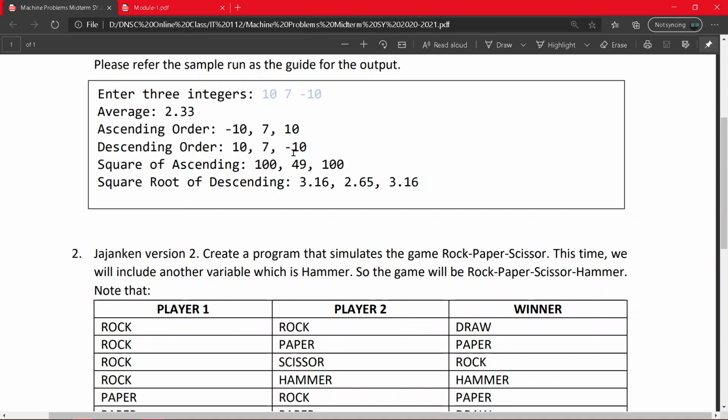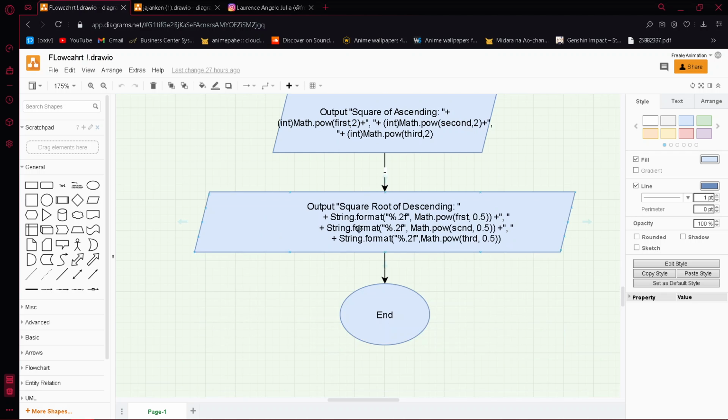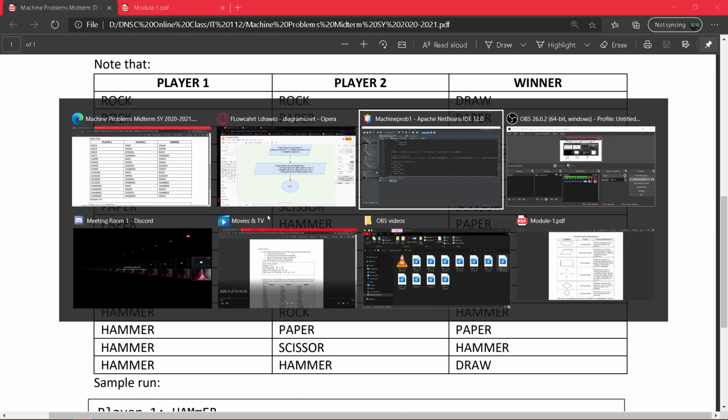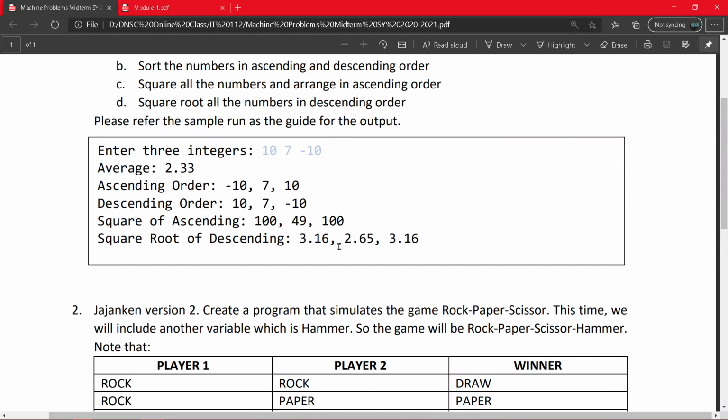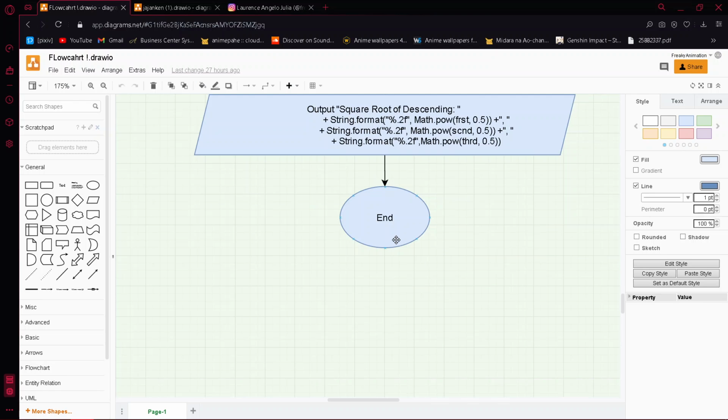Square of 7 is equals to 49. And also square of 10 is equals to 100. And the output of square root is also here, which is also explained by Mr. Kentoy recently. And now that is the end of problem 1.